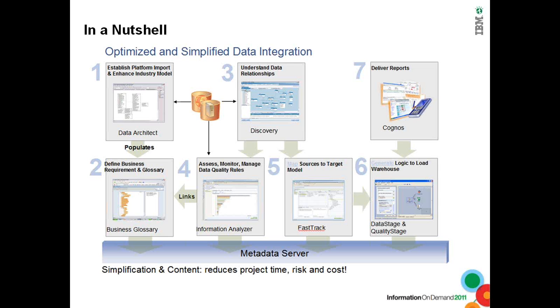Next comes, once you've discovered your data and its quality is ensured, wouldn't it be nice if there's a tool that lets you map data automatically between the source and the target, right? So there's a tool called InfoSphere FastTrack, which again is part of the Information Services suite, which does an automatic mapping of the source columns and the target columns, and also tries to put in the rules that it understands.